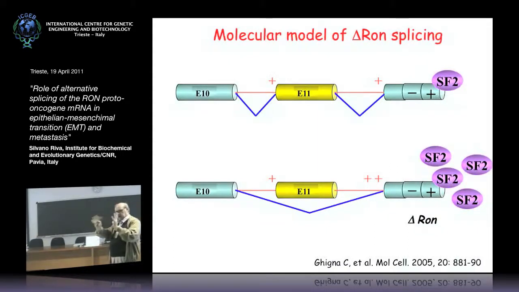You have a cassette of regulation. In the case of delta-RON, what happens is that the splicing factor SF2, which is an essential splicing factor, very important in the regulation of alternative splicing, also called ASF or SF2, binds to the enhancer, makes this acceptor site of splicing much stronger than it is in its absence, and so the splicing apparatus, the spliceosome, skips